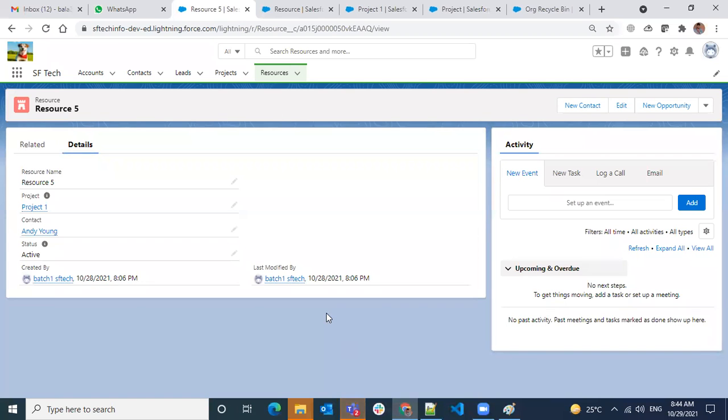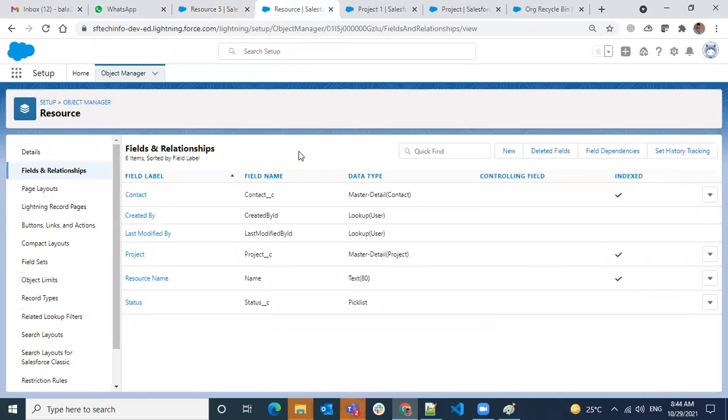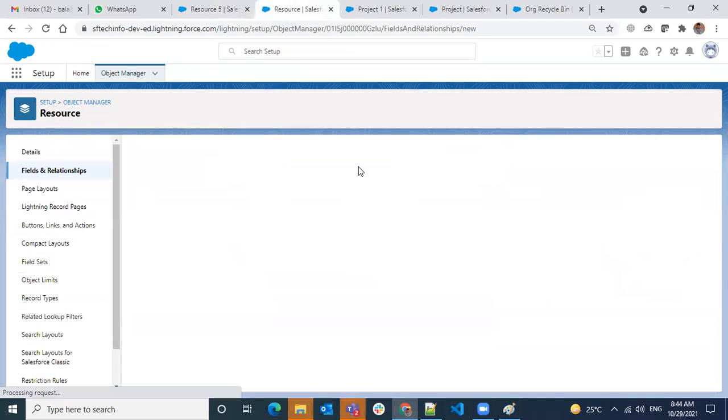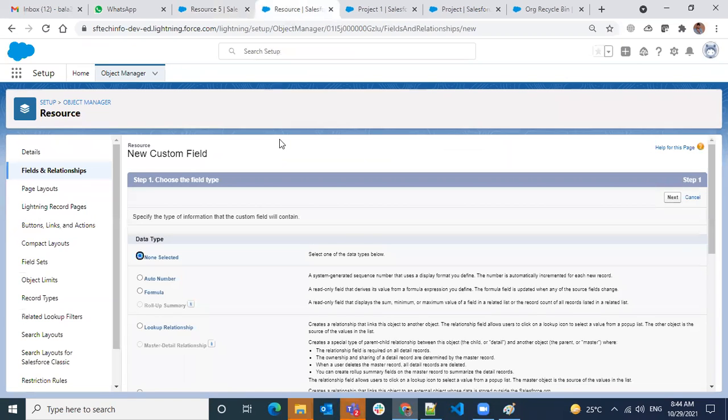Okay, let's create some lookup fields. On the resource object, I already have some records and relationships. Now let's try to create one lookup field to some other project.